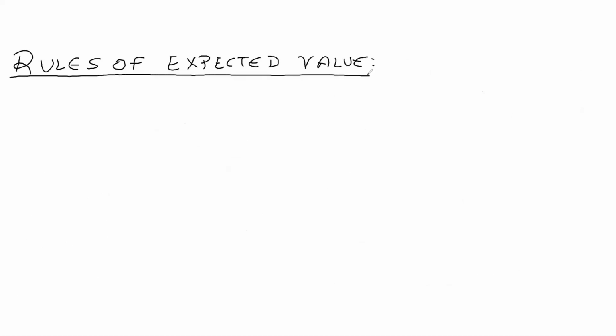Okay. Rules of expected value. Basically, we should know some properties of expected value. Actually, you know them, it's just kind of a revision for you. The first is expected value of a linear function ax plus b. All of us know. What will it be? It will be a times expected value of x plus b. Okay. So proof for this.